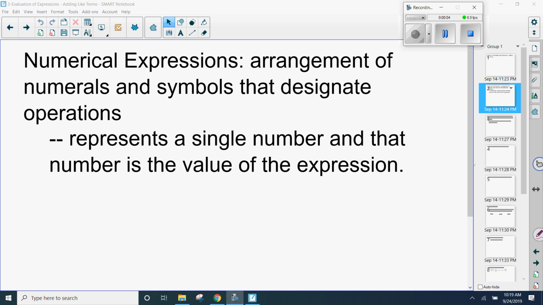Okay, so numerical expressions. It's an arrangement. What you're going to have if you talk about a numerical expression: expression means you don't have an equal sign involved. Okay, so we don't have an equal sign, and a numerical one, you're just going to have numerals, which remember